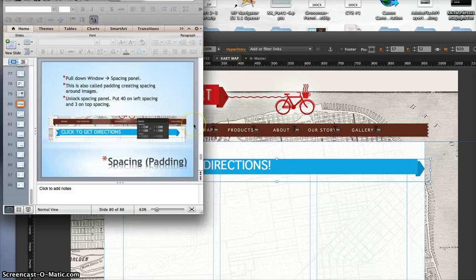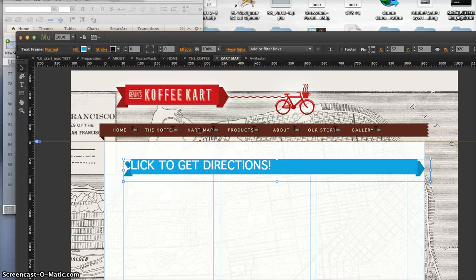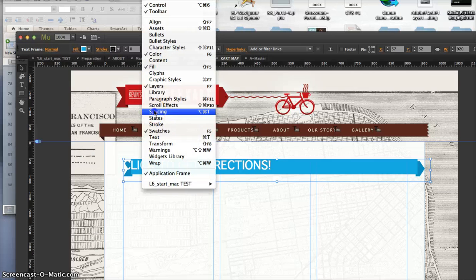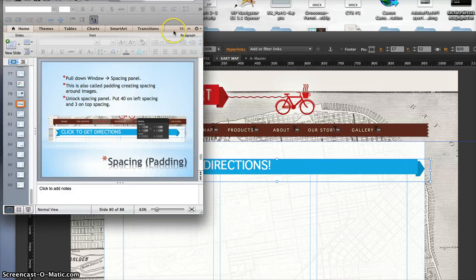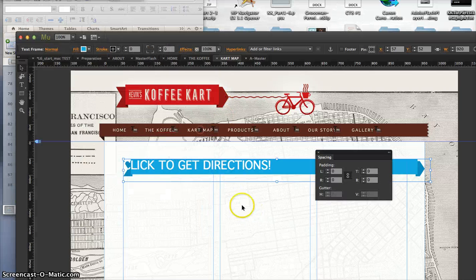Now we're going to add some spacing, or padding as they call it in web design. So we're going to do Window, pull down to spacing, and it gives me a panel. I'm going to give the spacing 40 on the left and 3 on the top. So if I click on my text box, if I do 30 on the left,